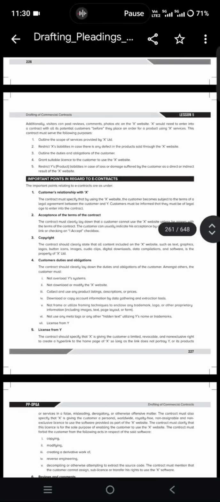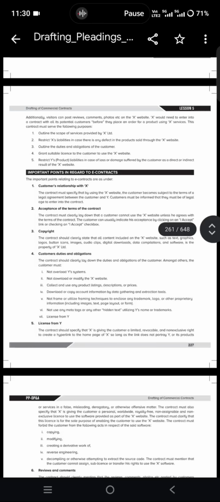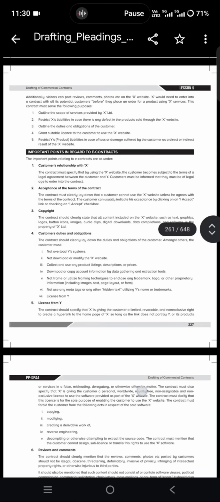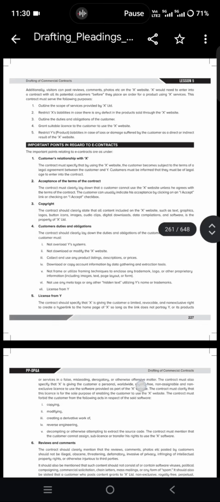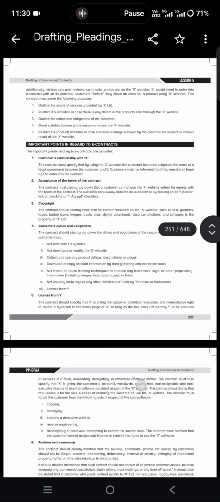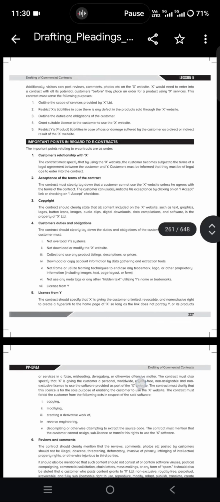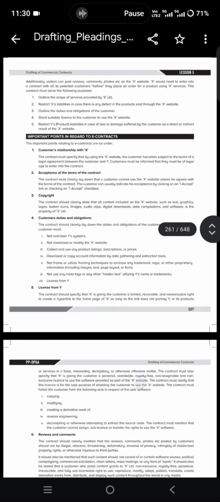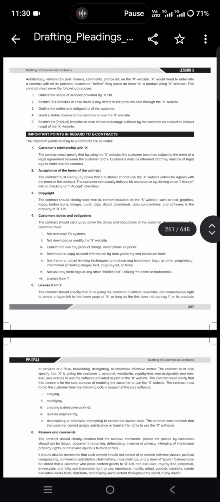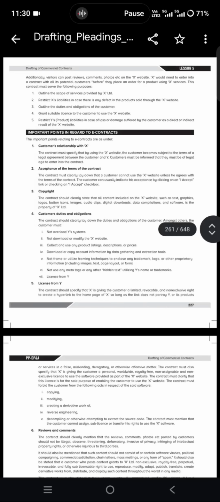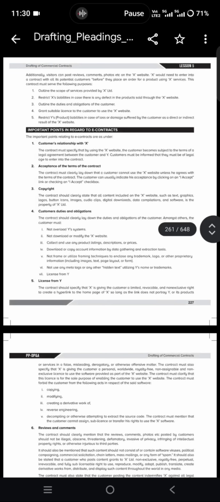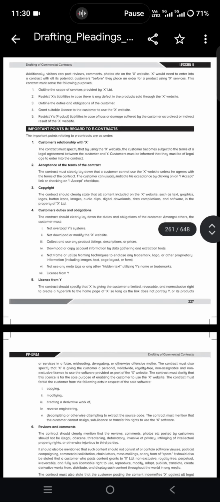Pricing. The contract should clearly clarify how the prices listed on the X website are computed, in brief. The various options could be: the listed price represents the full retail price listed on the product itself; the listed price is suggested by the manufacturer or supplier; the listed price is estimated in accordance with standard industry practice; the listed price is estimated in accordance with the estimated retail value of a comparably featured item offered elsewhere.